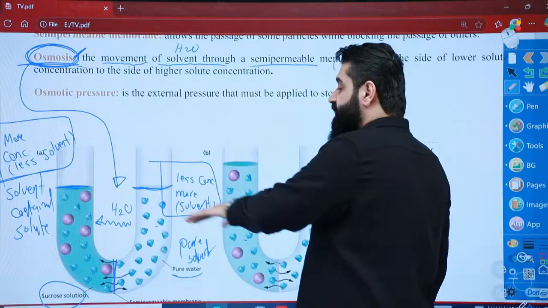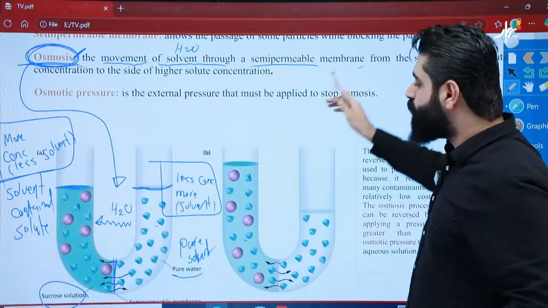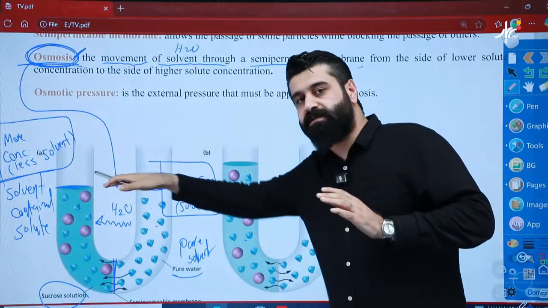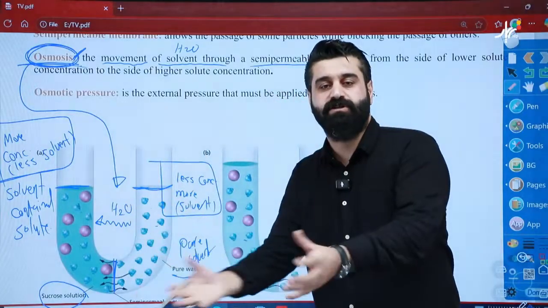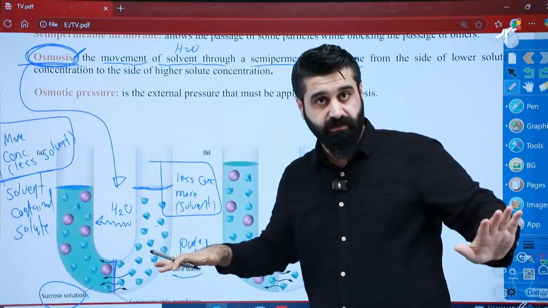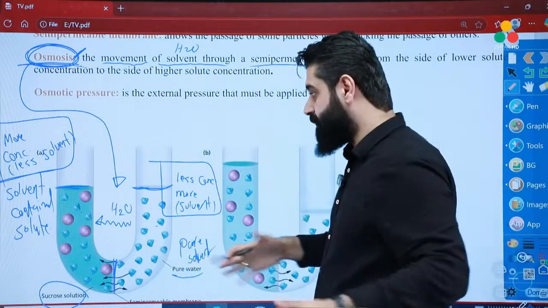Okay. Through the semi-permeable membrane. From what to what? From the less concentrated side to the more concentrated side. Got it? I won't repeat this again. But